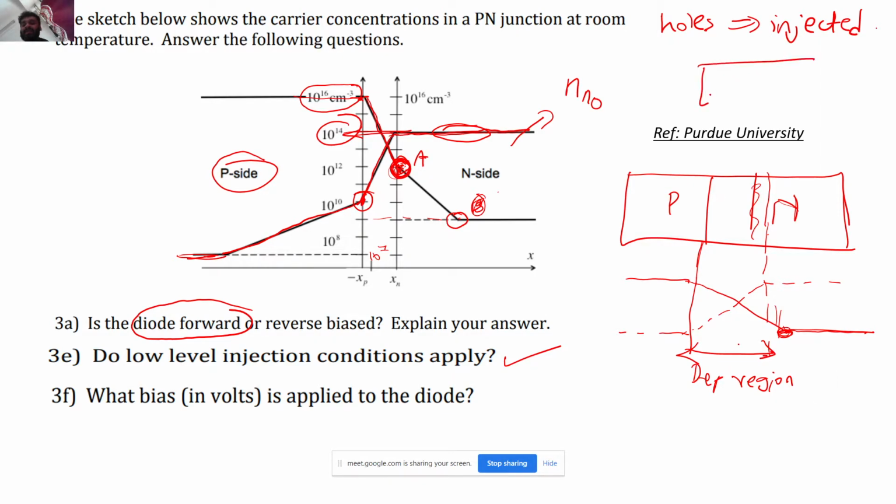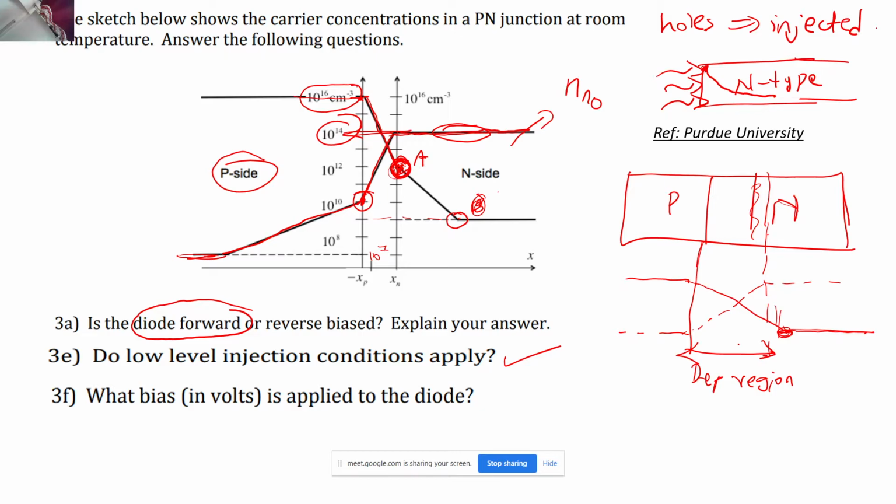So why has the carrier injection been named so? Because you must be remembering this question when we used to shine light on the semiconductors, correct? And there used to be generation of minority carriers at this point, and they used to decay exponentially, correct? You remember this concept? Yes, sir. So now this is the same case, that you have this many number of minority carriers that are present at point A, and they are being injected, correct?